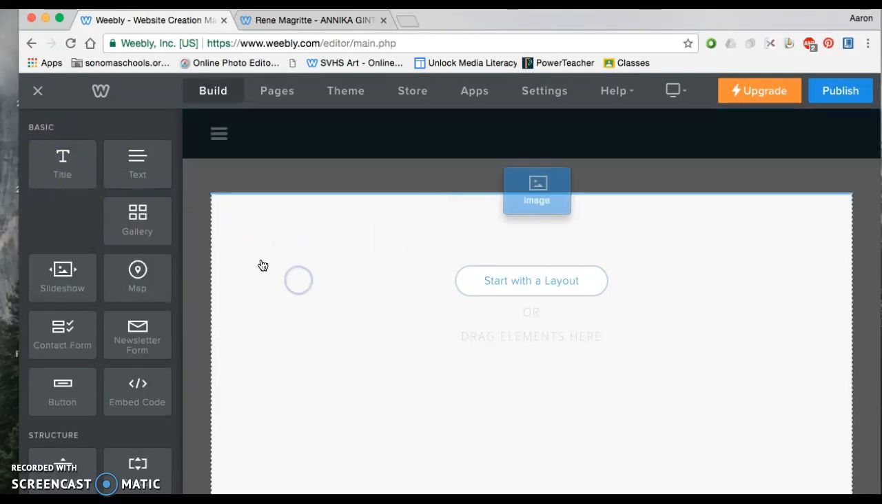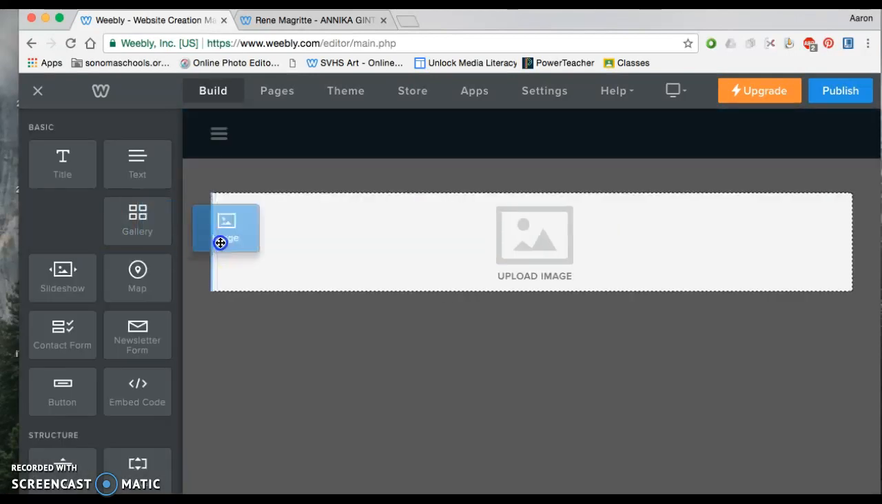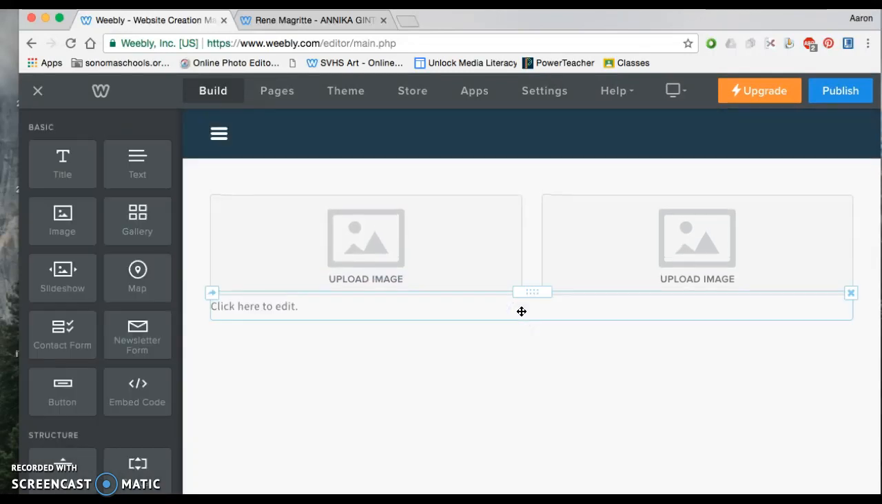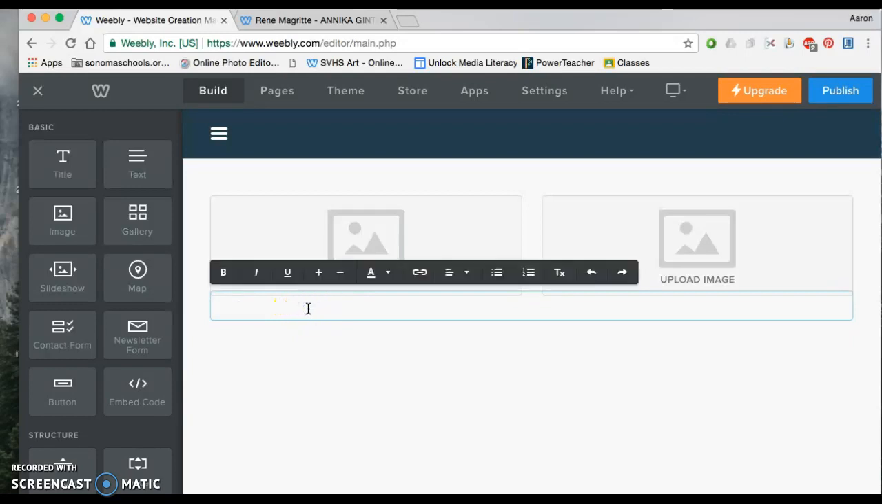I'm going to go ahead and drag and drop two of these images in here. I'm going to put them next to each other. And then I'm going to add a text box on the bottom of that. So, for my text, I can say something like my interpretation of Magritte's